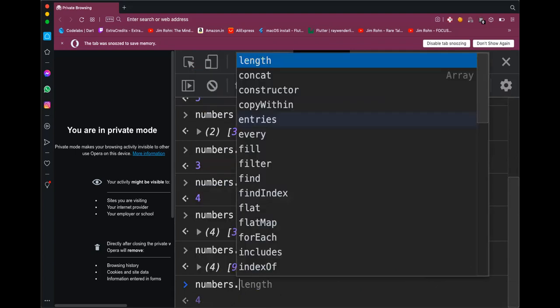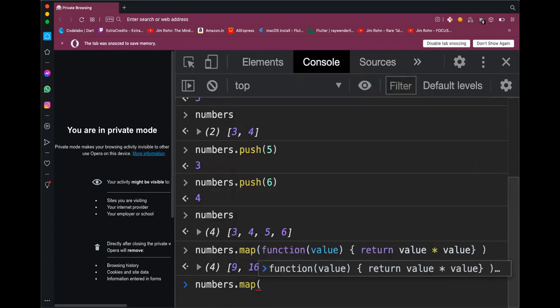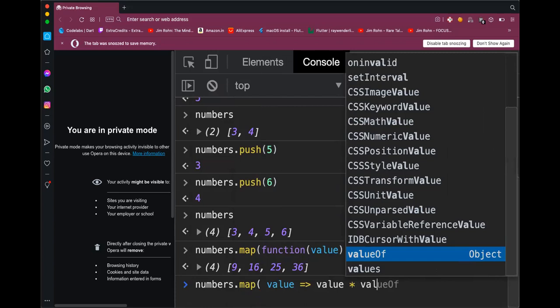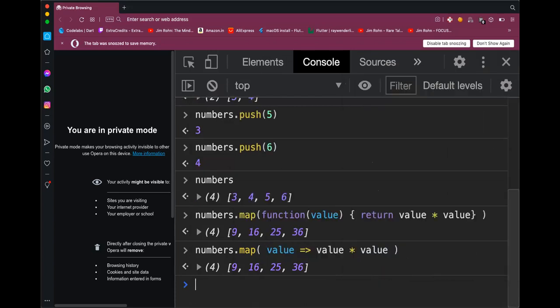I can also write this callback function as an anonymous function. I save a little bit of syntax, just the parentheses and the return value. So if your function is very simple, you can possibly also write it in this arrow syntax. This is called an arrow function.